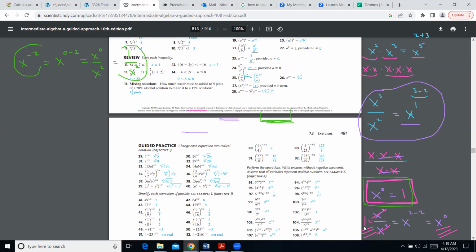So I'd like to take a look at an exercise like number 93 here and see what you do with those exponents when we multiply 5 raised to the power of 4 over 9, looks like,